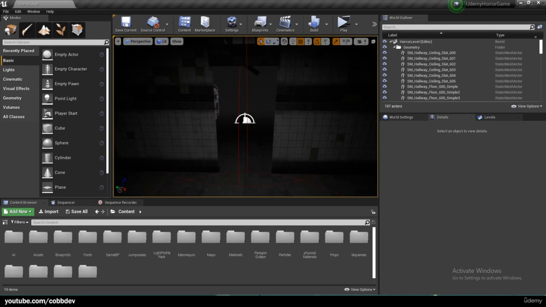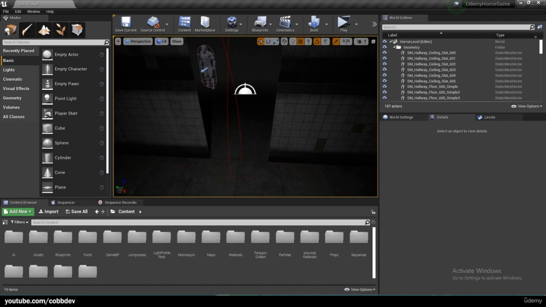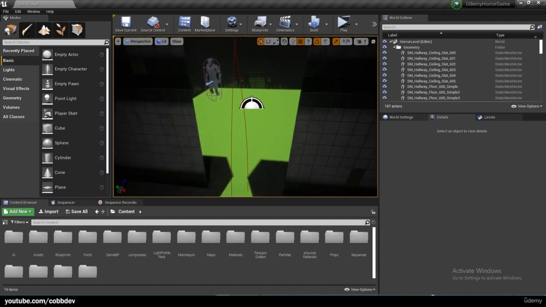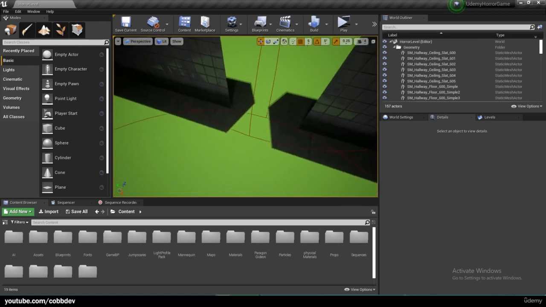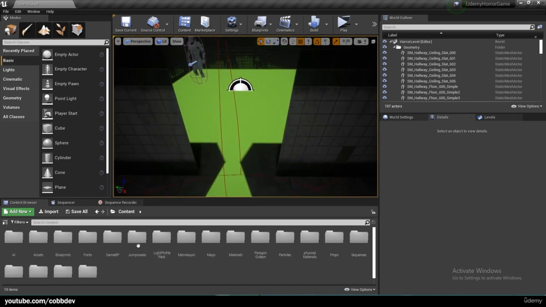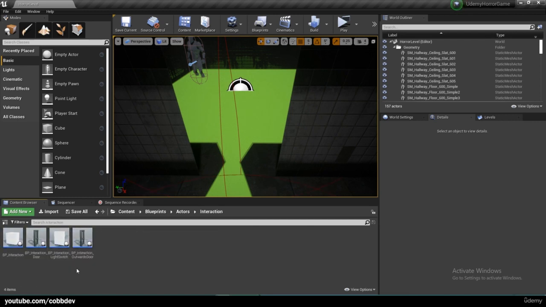So next, let's make it so our AI can walk through doors, because as I believe I demonstrated before, I'm going to hit P to show the navigable mesh, and we have this connected strip between the two rooms, which means the AI can walk between the two rooms. But if we take one of our doors here,